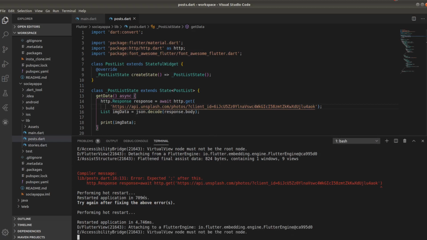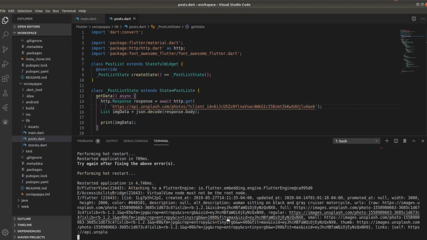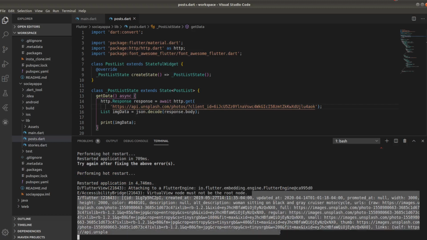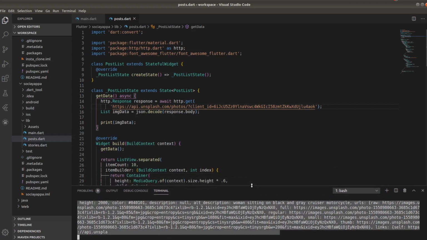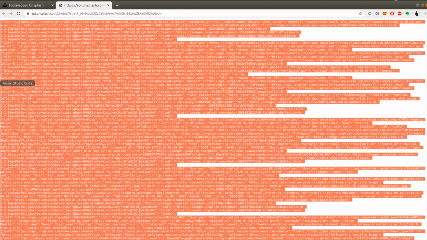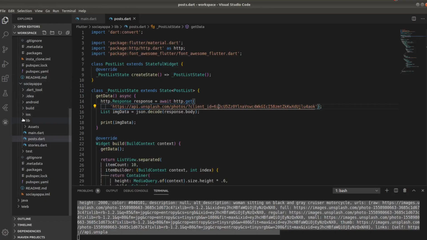Okay, let's wait for it. Yeah, so basically this is the data which has been retrieved, and here we have got api.unsplash. What we need to know is how to use this data. When you follow this particular URL and open it in a browser, you will get a web page which has data like this. But how to read this type of data? For that, I'm going to select all of this and copy it,